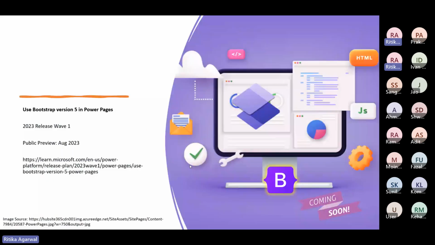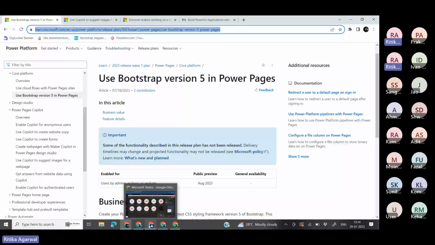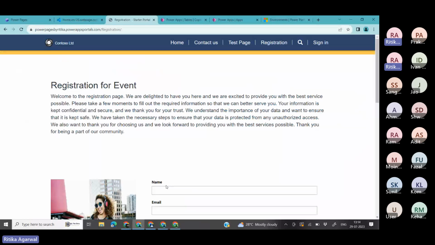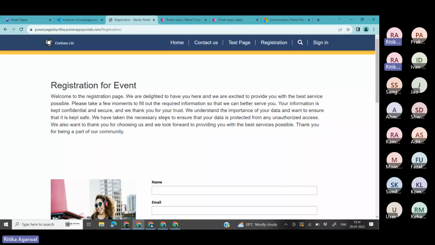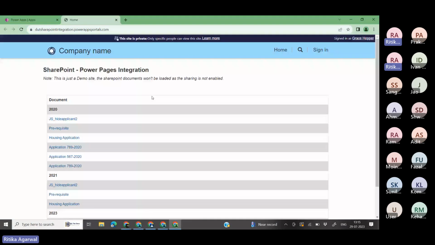Now, this is what you can build with the, sorry, not that. This is something we built on the go as I was showing you the capabilities. But in terms of the design experience using Power Pages, it's not just restricted to this kind of a UI where you have a heading or anything. It's a simple page which we have not customized much, but we can customize it to look like this as well. This is also